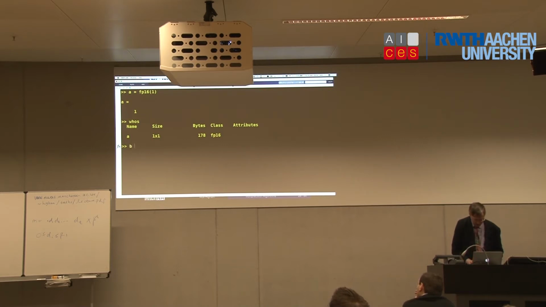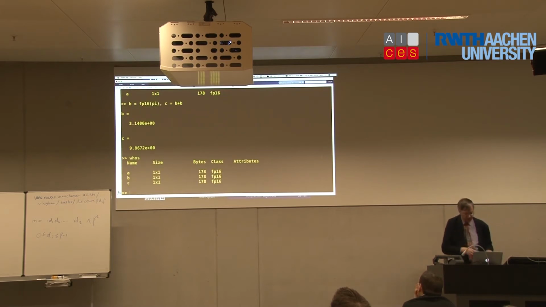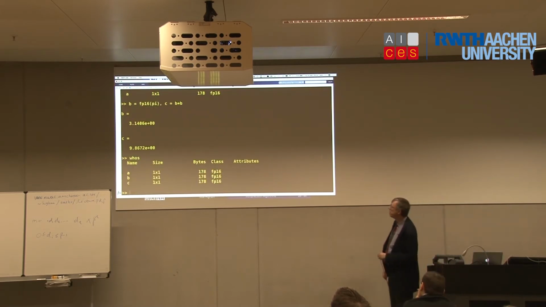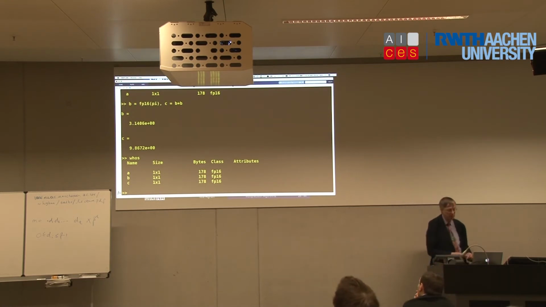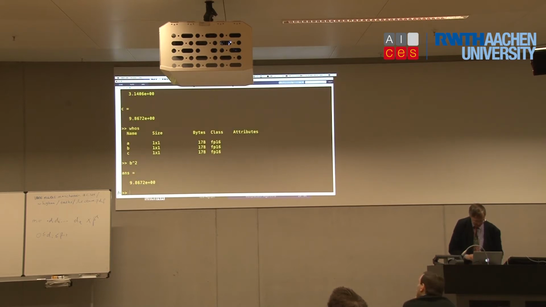If I go B is FP16 of pi, and then C is B times B, I've now got variables B and C that are again FP16. I've used an FP16 version of pi. Now you can start to do things in double. If I go B squared, oh, that worked, okay. He hasn't overloaded every single MATLAB operation.